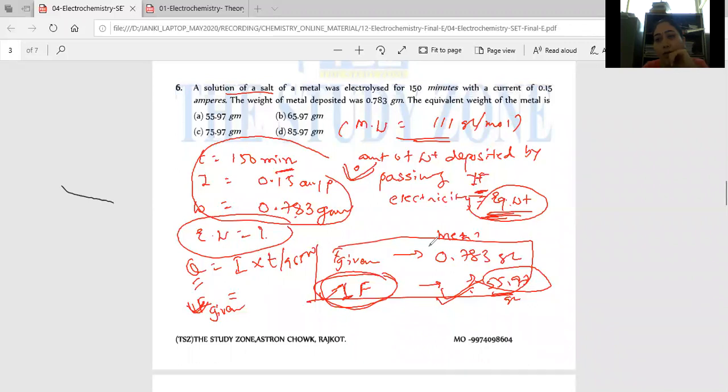And valency of the metal ion, easy. This is the molecular weight, and this is the equivalent weight. So valency is always equal to molecular weight divided by equivalent weight. Like one step, if you have atomic mass or molecular mass, or equivalent weight, you can find out the third from any two, since they are interrelated, right? So if there is a valency related question, you can find out the valency of this metal is 2.